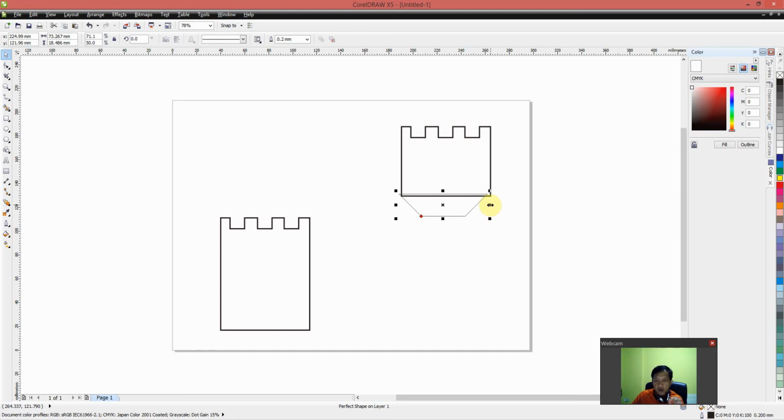In order for you to do welding, you will need to overlap objects. All right, so this is very important. So let me just overlap them. Okay, as you can see, that is not very easy to